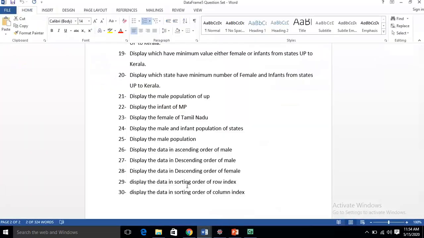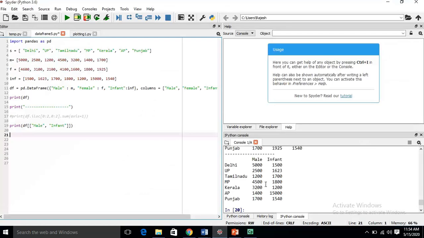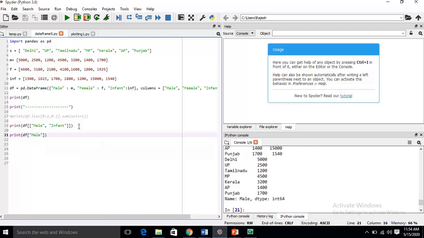The next question is display the male population. This time we have to display only the male population. It is very simple: df, then square bracket, and simply write male. You just see, it is showing only the male population.